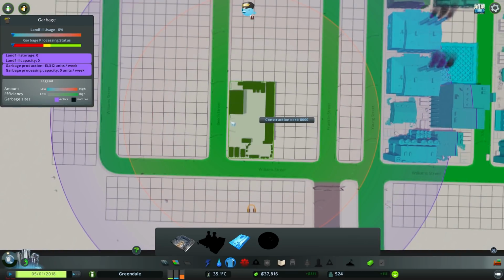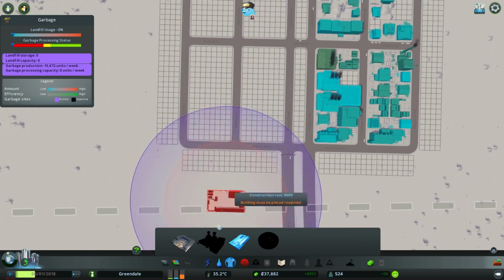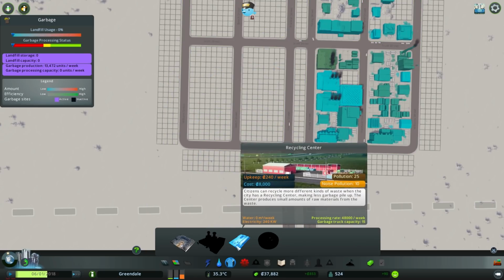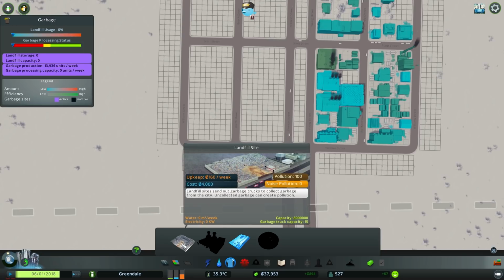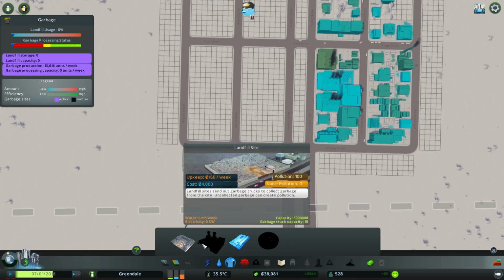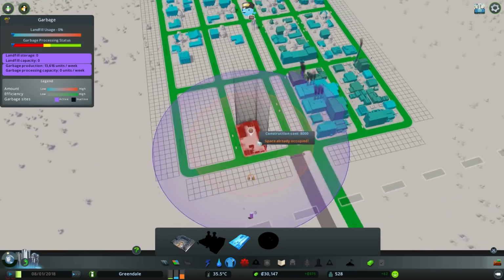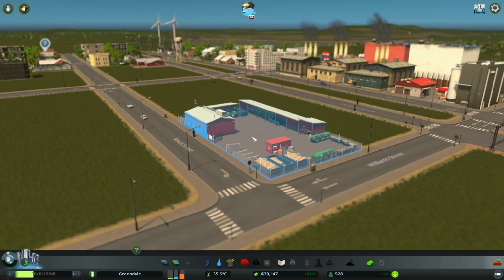I want to see if it's more efficient than having a... not more efficient, but I want to see if it's a cleaner alternative, and it should be a cleaner alternative. Yeah, it is. So ground pollution is 100 in a landfill site. On a recycling center, it's 25. The noise pollution is higher on a recycling center, and noise pollution is actually quite important in green cities, because...